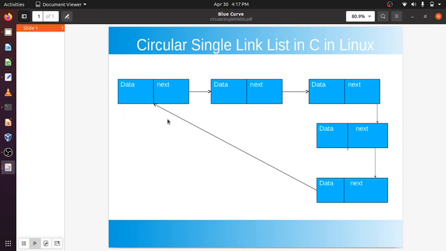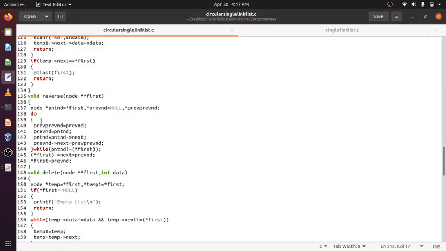Data, so I want to reverse it. This present node will be pointing to the first node, previous node will be pointing to the second node, will be pointing to null, and previous to previous will be nothing. Okay, here I don't need to declare that thing. Previous to previous node will be pointed by, after the first iteration, will be pointed to previous node, which is null.